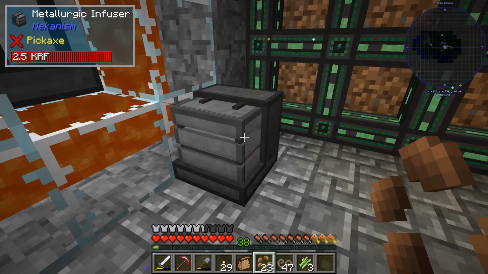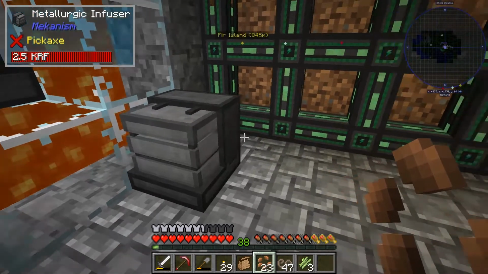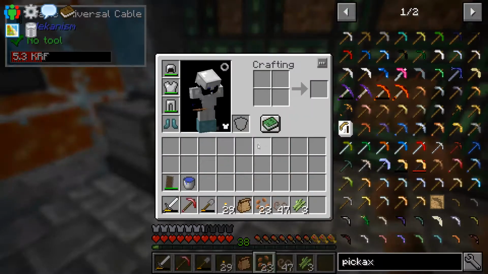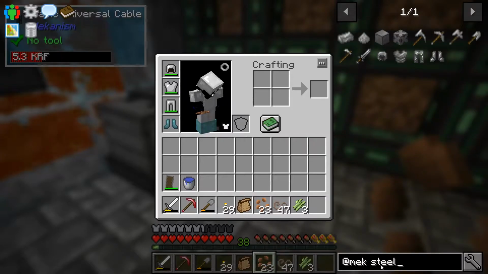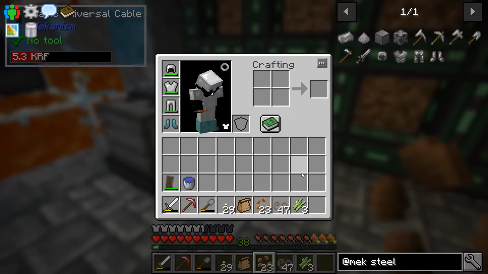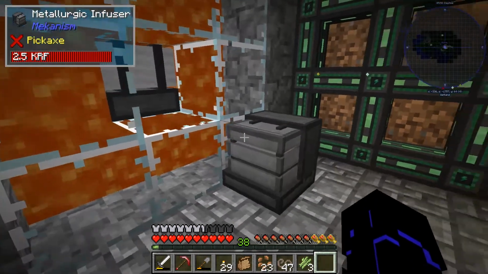I had to make a whole bunch of steel for the machines we're about to make, so I wanted to go ahead and get that done off camera because it takes a while. Now, I did find out in this pack the Mekanism steel ingot, if we look it up here, is not craftable, so it says. But I found a way around it. If you know the recipe, which I do,